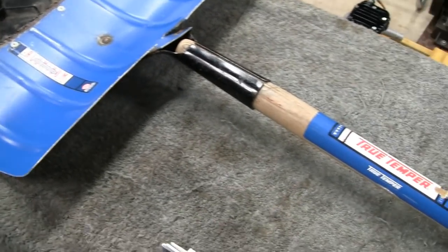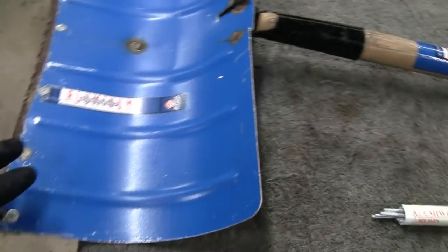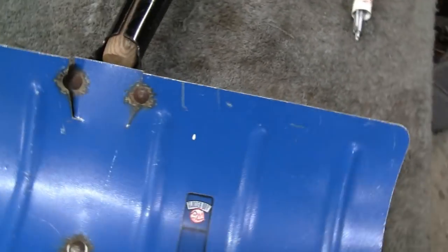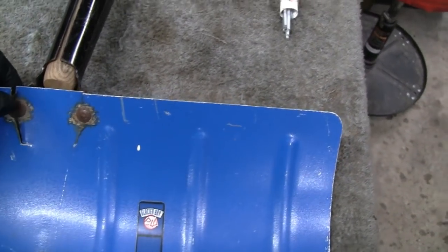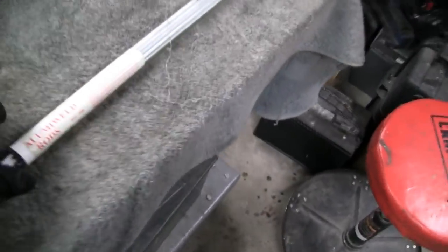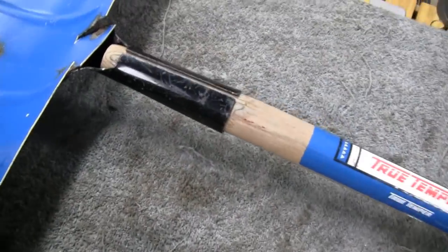Like I say, it's 40 years old, and I changed the wear strip on it probably about 4 or 5 times maybe. And it's funny, the rest of the shovel's beat to death, but the stickers on it are in perfect shape. But anyway, the last storm we had a lot of ice, and this thing took a real beating. So what I'm going to do is try and weld this with this aluminum weld stuff, this Aluminum Weld. I've never had any luck with it, but if it works on anything, it should work